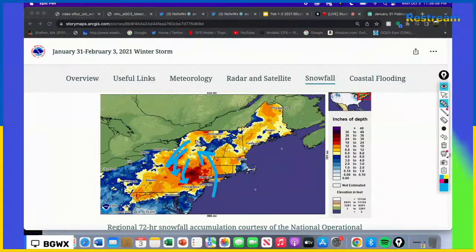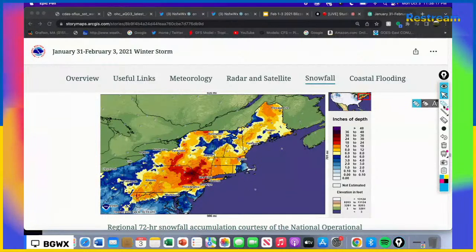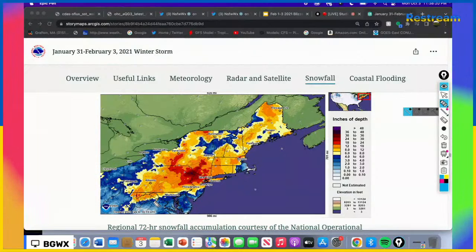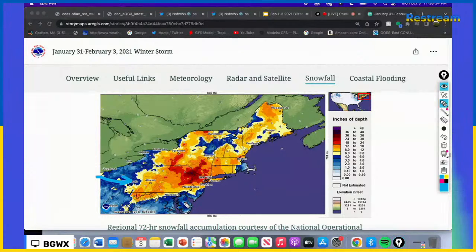So we backed the flow to the point where it almost did that full circle, kind of. So you got a pretty good idea. We had an initial piece of energy, and we had a transfer, and you can kind of see that with the snowfall totals this way, and then not quite, it's kind of a secondary low, I guess you could say, and that's not where quite the low pressure is. It was relatively close. It was more down here,